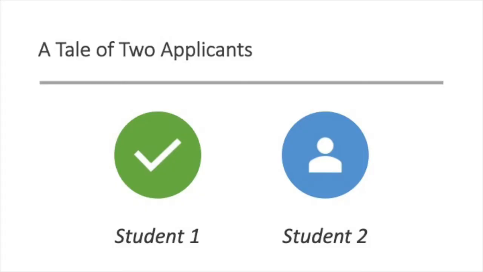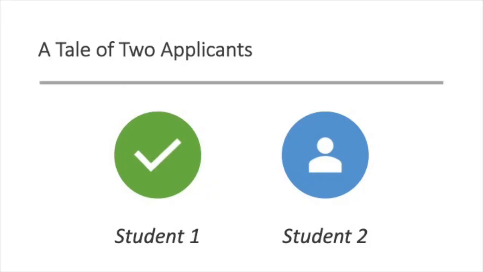I'll start with a story of two applicants. One applicant on the left, student one. This student is pretty accomplished, went to a good high school, got all A's, took some AP classes, got maybe 1530 on her SAT, did some computer science stuff, did some volunteering, and now she's applying to MIT. But when I tell you that, it sounds kind of basic, kind of boring. It sounds like everyone can check off those checkboxes, right? So that's kind of like the checkbox student.